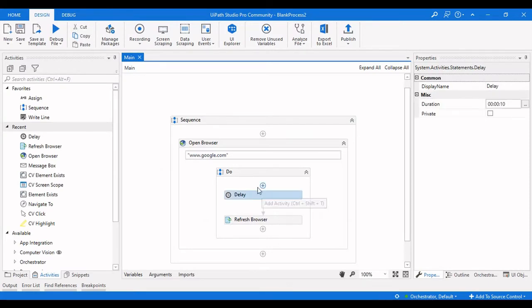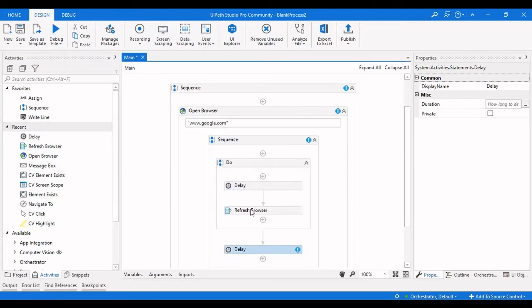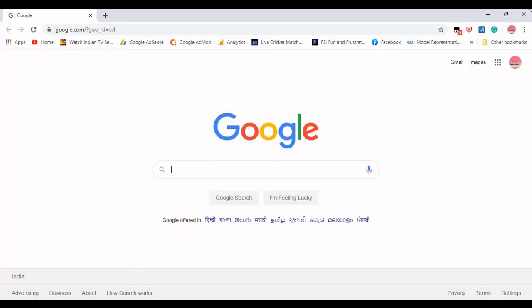Let me drag in another delay here so that you can actually see what is happening. Here we will give a delay of 5 seconds. Let me save this and run this again, and let me close this one.